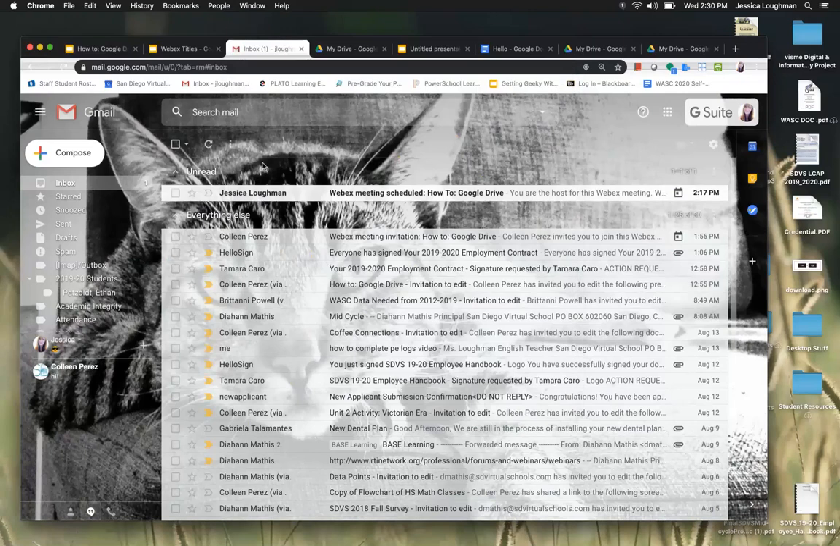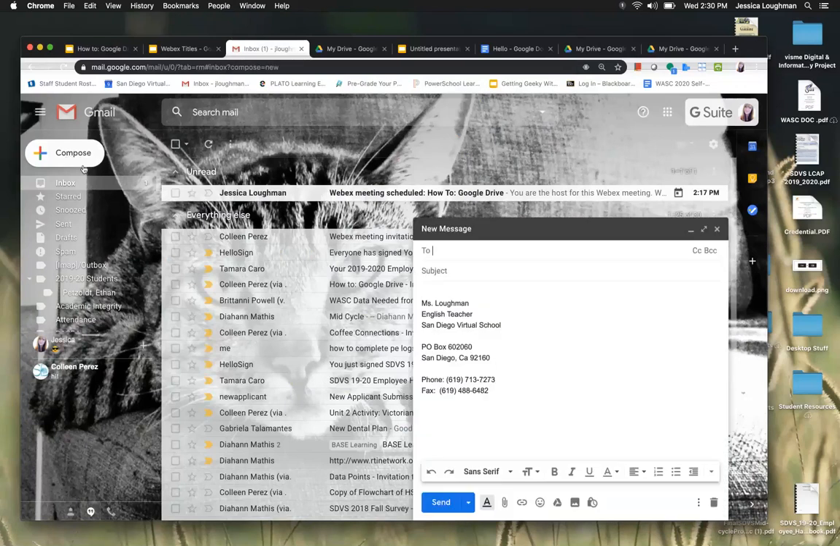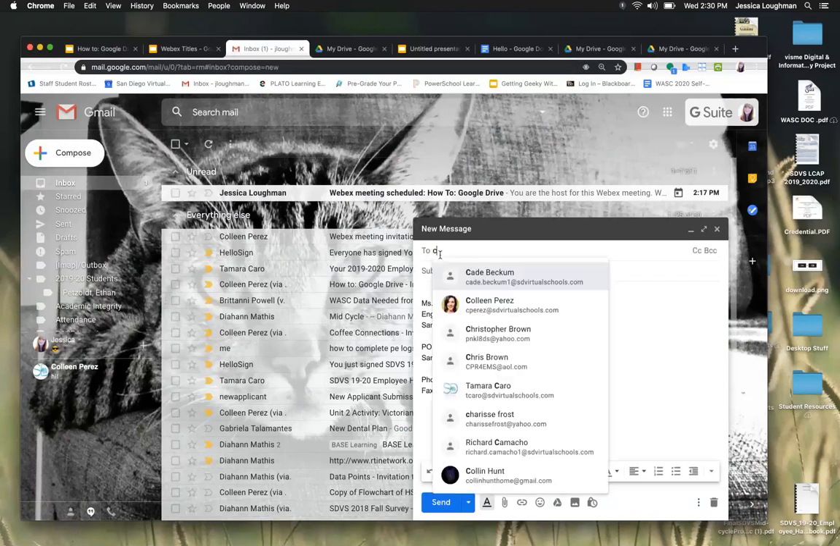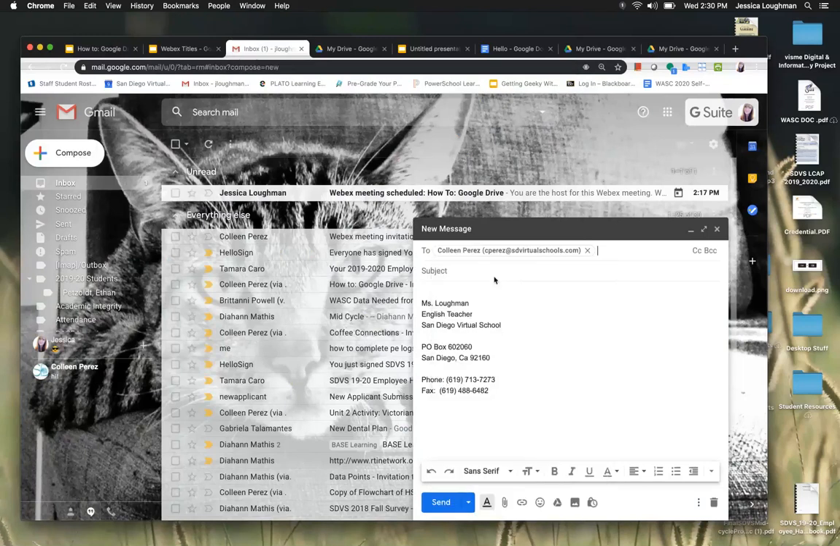Lastly, we can talk about how to compose a new email. To compose an email, all you need to do is click Compose, and then you'll type in the name of the person you'd like to email, a subject, and then the body of your text. So for example, if I wanted to email Mrs. Perez,